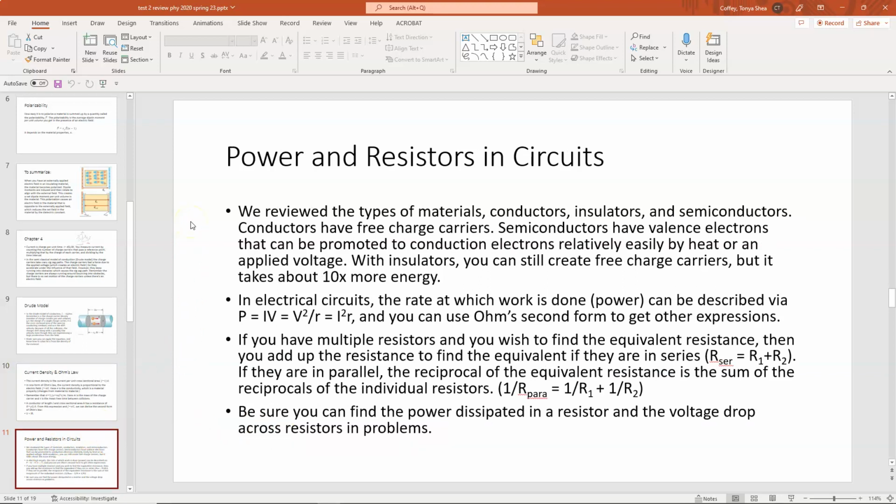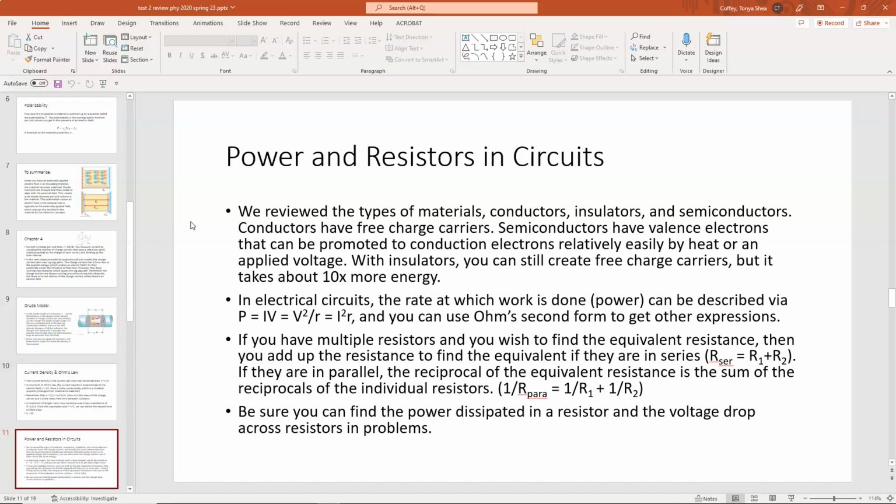So, we reviewed the types of materials, which are conductors, insulators, and semiconductors. Conductors are metals, and they have free charge carriers. Semiconductors have valence electrons that can be promoted to conduction electrons without much energy. And so it happens a lot with heat or a decently low applied voltage. And with insulators, of course, you can still create free charge carriers, but it takes about 10 times more energy. So you can get anything to spark, for example, if you apply a high enough voltage, but sometimes it takes